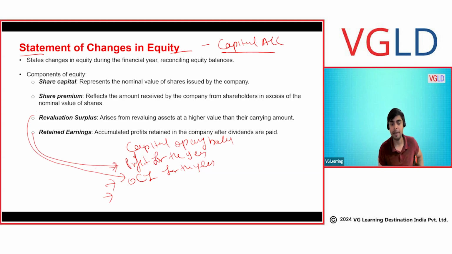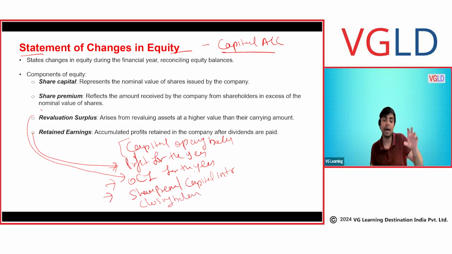This retained earning would be coming here. Any share premium. What is share premium? Any money that you received on capital introduction. What this is, we'll learn later on. So this comes out to be your closing balance. It can also have the part where you will be paying back capital, basically drawings, or paying the dividend. So this will show the opening balance and closing balance, and whatever movement you have: profit, other comprehensive income, share premium account.